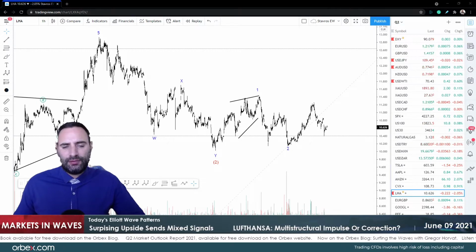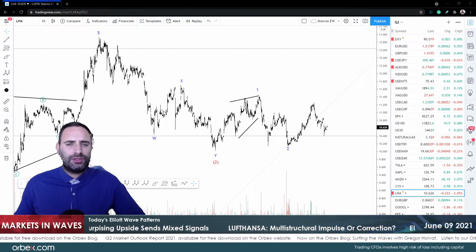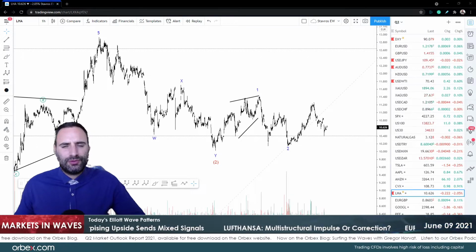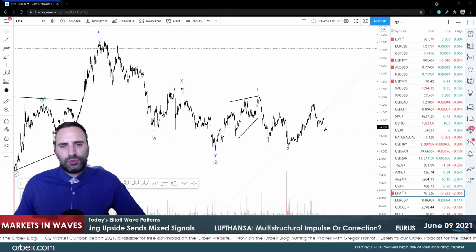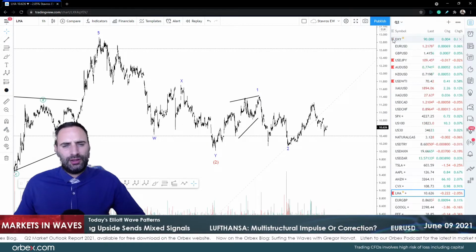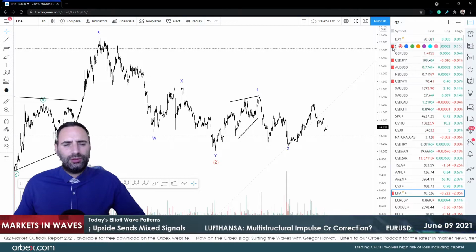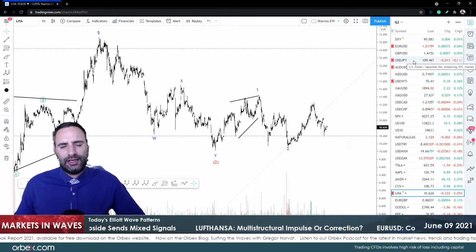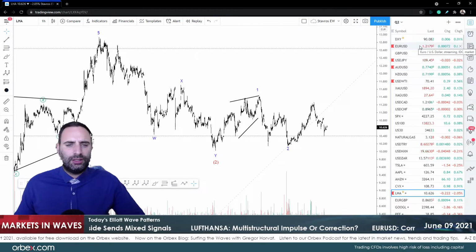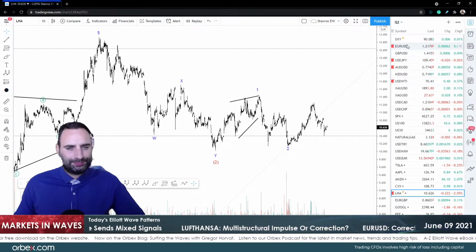We're going to have, as always, an interesting session since we've seen some quite surprising moves yesterday in the markets. We're going to look at the DXY. Actually, no, we're not going to look at the DXY, we looked at it yesterday. We're going to look at the euro dollar, the dollar yen, Aussie against the dollar, US oil again, and Lufthansa.